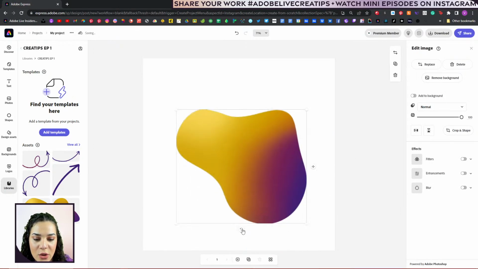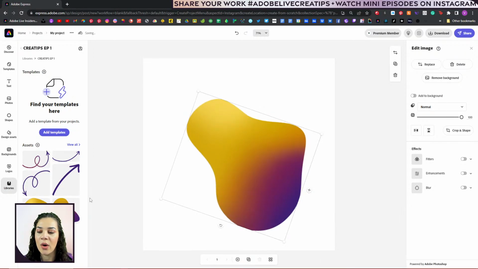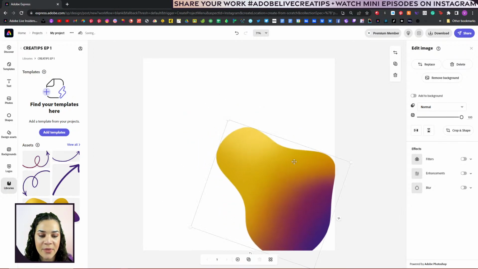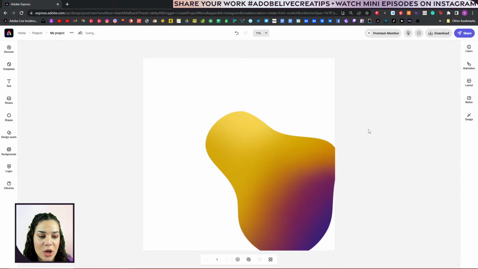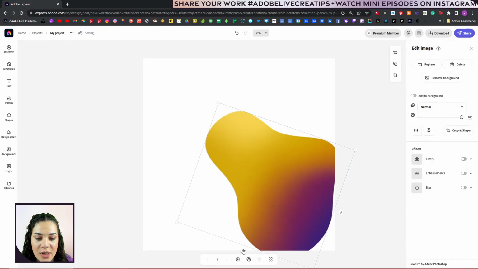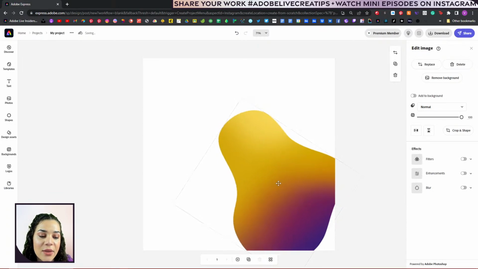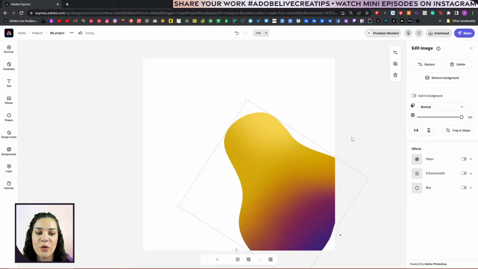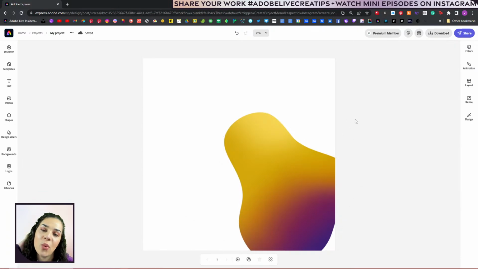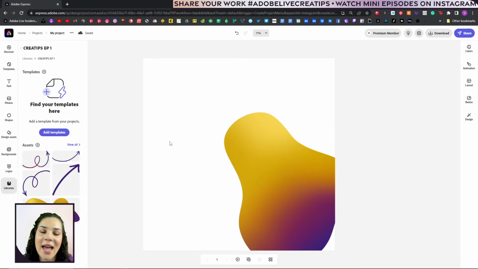Also, keep in mind a little tip. So you see how that needed a little bit of time to load there? When you are creating assets that you know you're going to be bringing into Adobe Express, I highly recommend creating those assets with the knowledge that it does take that time to load sometimes. If you make a bunch of smart objects that are super gigantic, like 10,000 by 10,000 pixels or whatever, you're going to have to wait for it to load. I think that's just the natural, normal way of things. So that is why when we created ours, my file over in Photoshop is only 2,000 by 2,000 pixels,